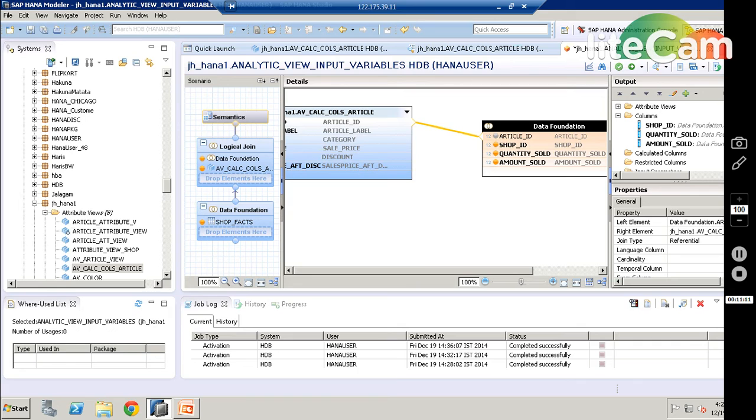So I just map these things. When I drag it, all the properties of my attribute views came here. I have calculated columns, I have this, right?